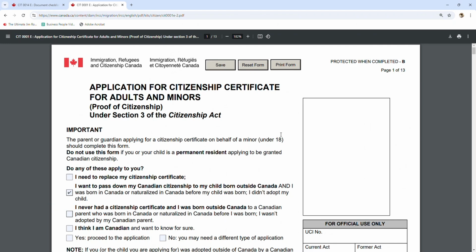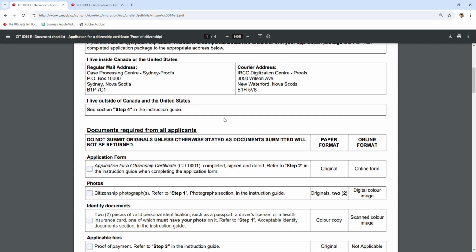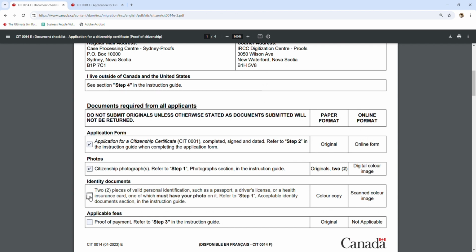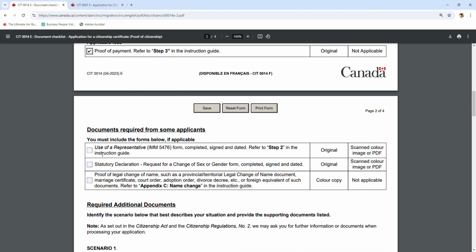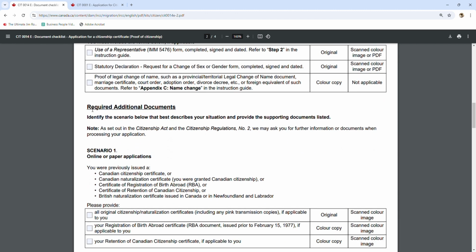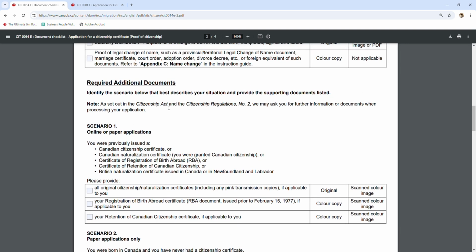And this form doesn't have a validate code, so all you need to do is print the form in here, and then after that you can combine it with the document checklist in here, and then you can send out the application. Okay, you check mark this, and the fee, of course you need to pay the fees before you send out the application package. Okay, and if you use a representative, you fill that in; if not, just forget about that. And the required additional documents, you have to read all of those, because that is required, that is a must, you need to